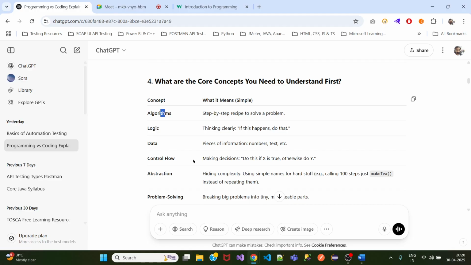Nowadays the competency is hard. Everyone is learning everything, so we need to be ahead in each and everything. So the baseline is, if you know how to write algorithms and solve a problem in a step by step recipe, then it will be really easy for you to write code in any of the programming languages. It will be very easy. Then you can think of logic and everything comes into the picture.